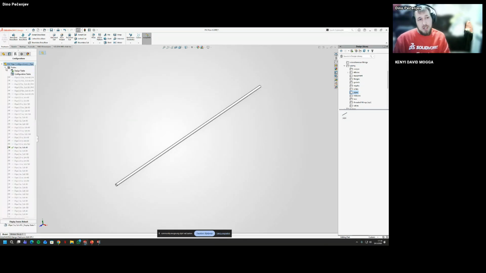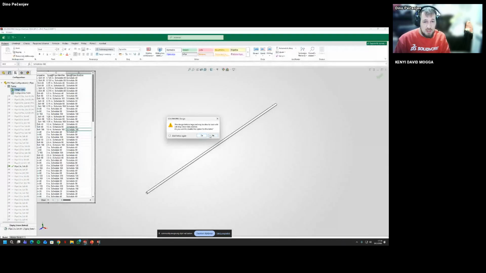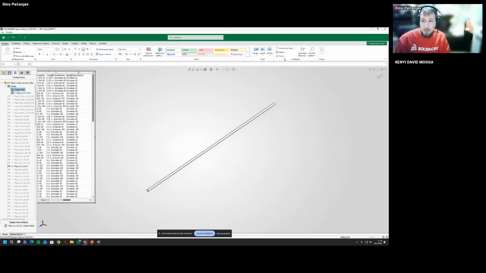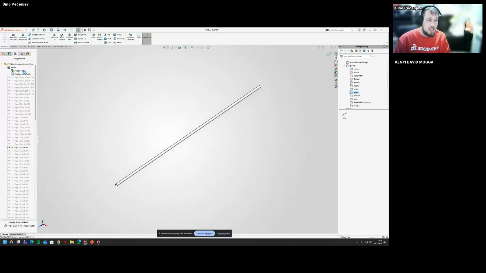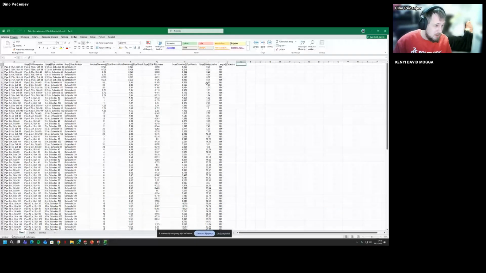And now, regarding the configurations, routing heavily depends on the design table. So for this part, I'm just going to use edit table. Maybe it would be actually better if I use the edit table in a new window. It's more, I'll like it to use it a lot more that way. So now we have a big list of the configurations we want to use. So in here, what I'm going to do, I'm going to remove some of those.